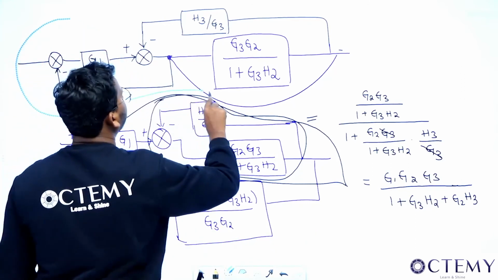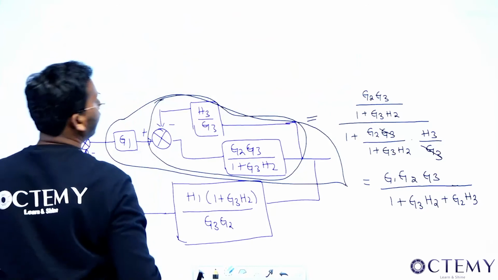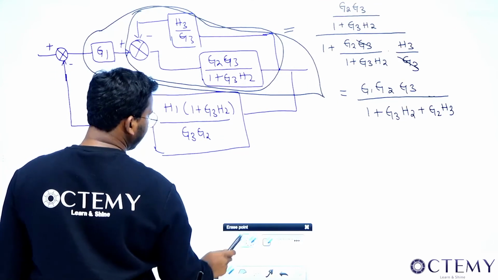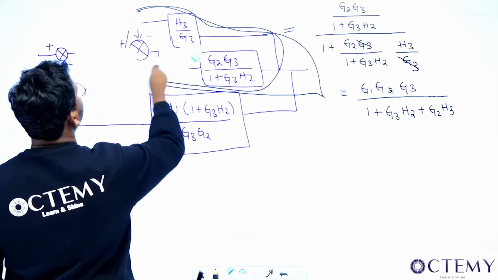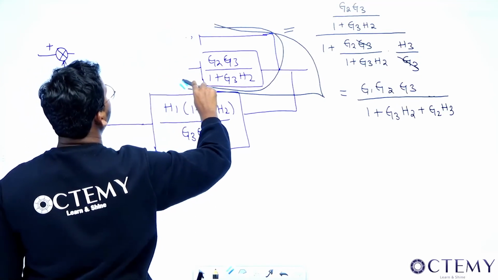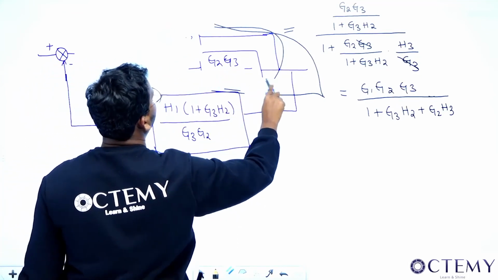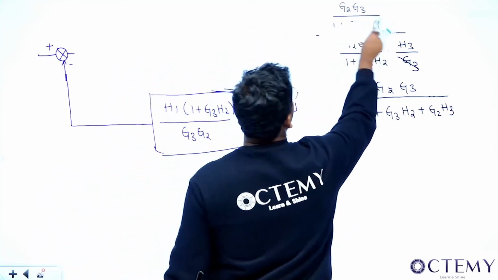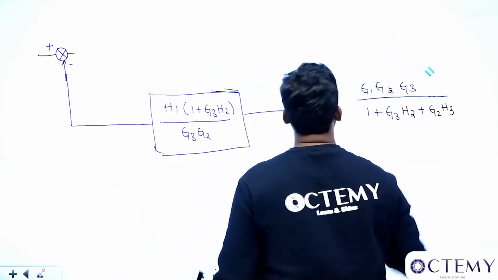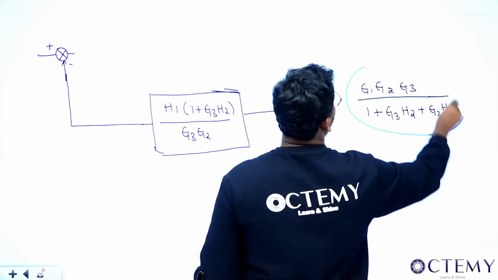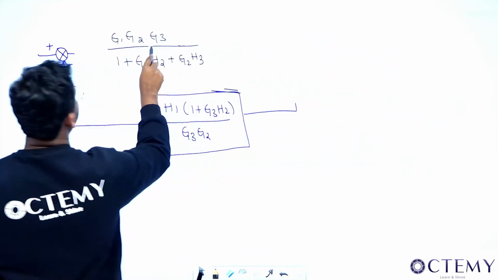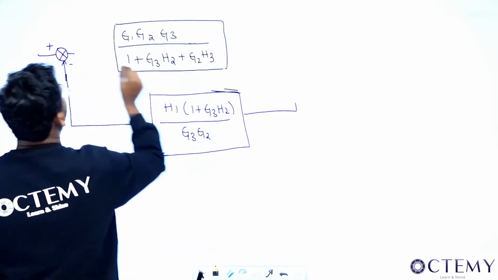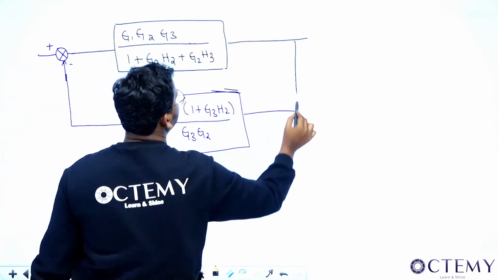Just rub this fellow here, right? And you move this fellow up. So I can entirely replace this as what? This entire block can be replaced with what? Whatever we have derived, sir. What did we derive just now? This entire block can be replaced with this fellow, sir. This G2 by this fellow we can use, and we can put it here, sir, right? If we put it here, see, this is the block, that is forward path has become now, and this is the forward path, this is the feedback path, right?